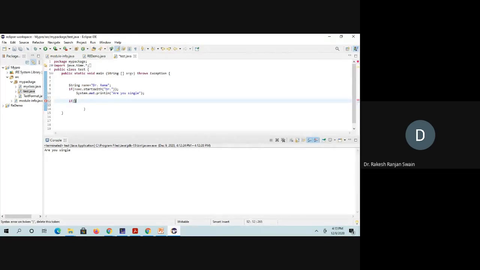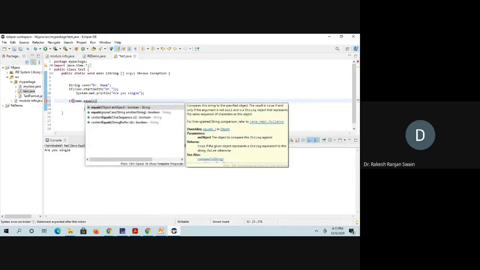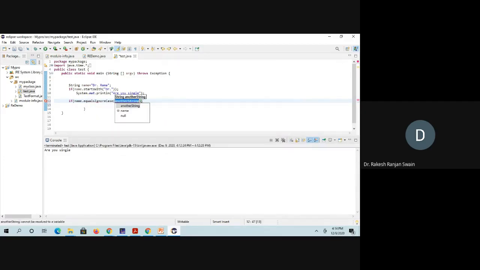Another condition I'm writing here is name dot equalsIgnoreCase. That will ignore all the lowercase and uppercase letters. Here another string will be the parameter. Suppose I directly pass it like this: N A Y A K. Then I write a System.out statement.